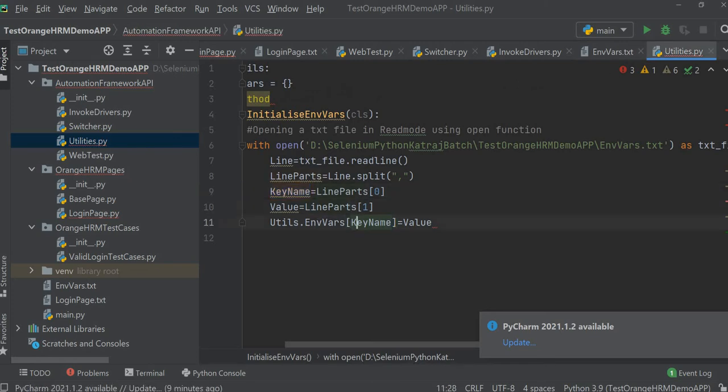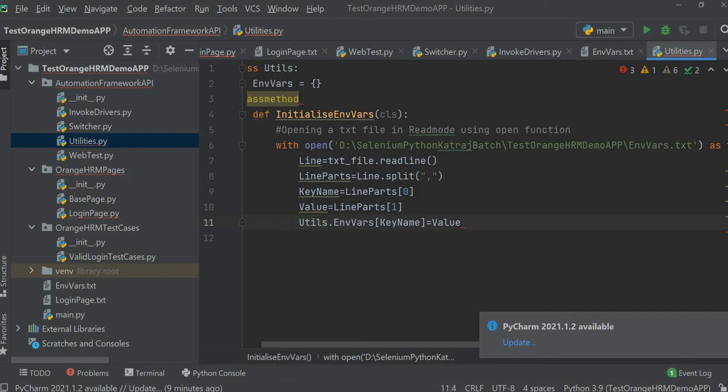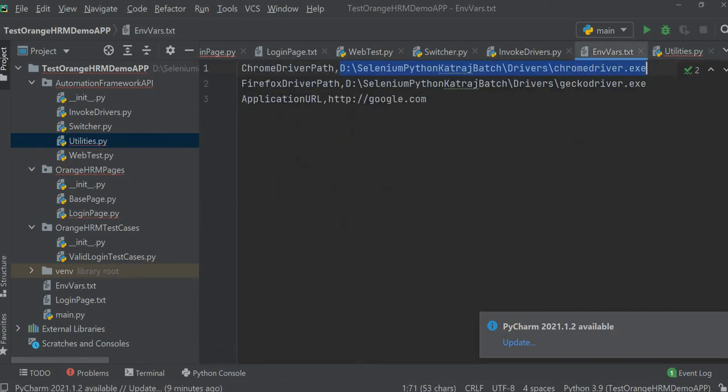Then what we are doing here is saving this value, that is this, in a dictionary against this key. We are storing this value in a dictionary against this key, and this value in a dictionary against this key.